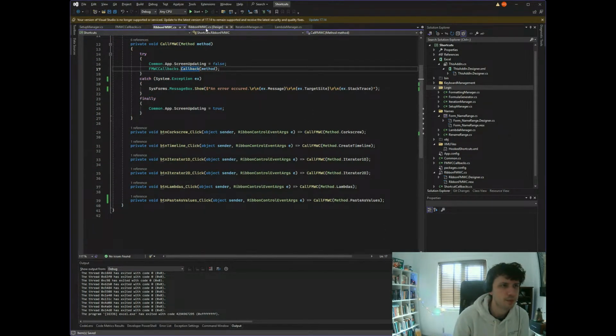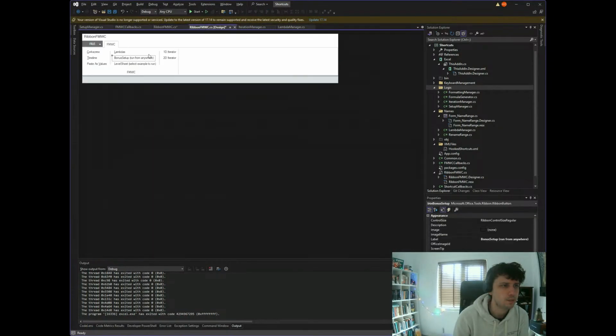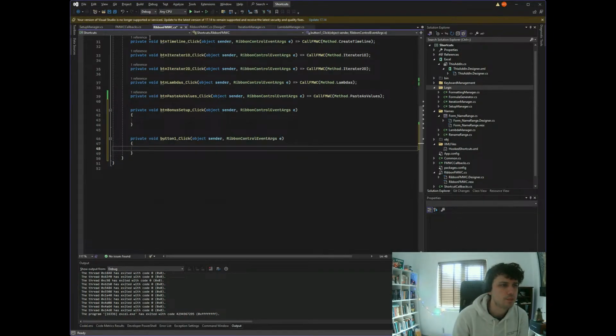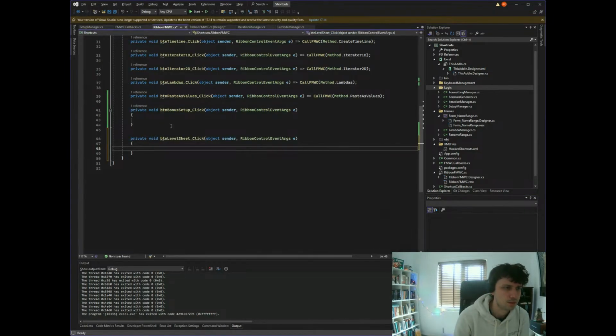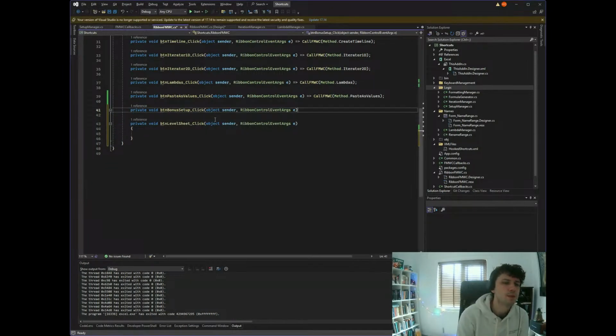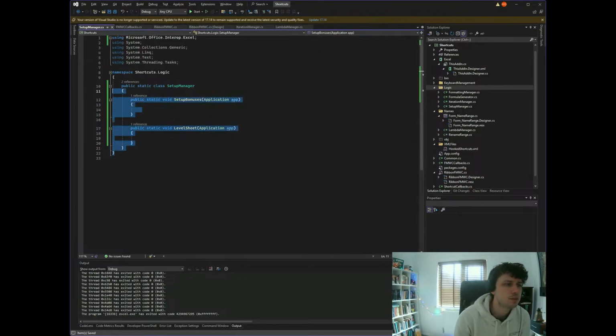So yeah, we actually need to make the methods and double click on names. I didn't name that one properly. Button level sheet. Cool, so this is going to be call WC method dot bonus level. This one's going to be dot level sheet. Excellent. And now I'm going to take this code,